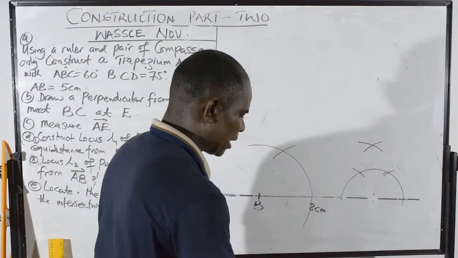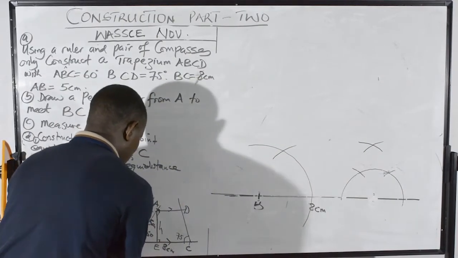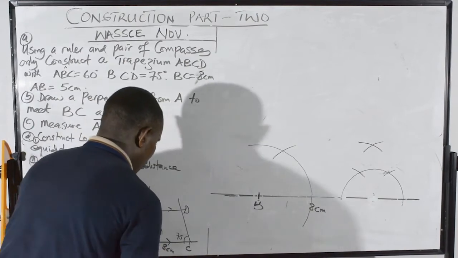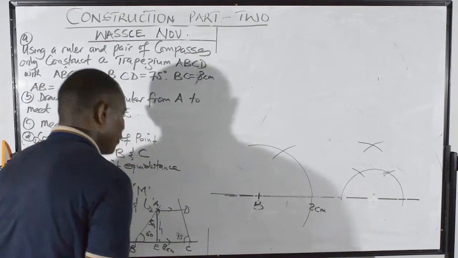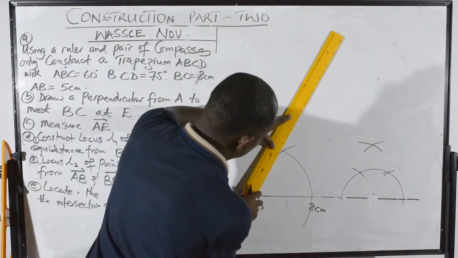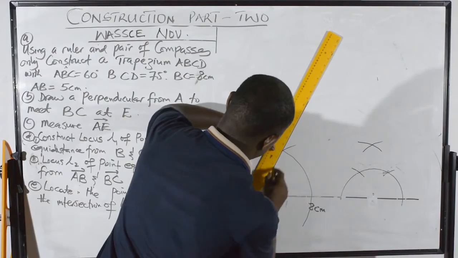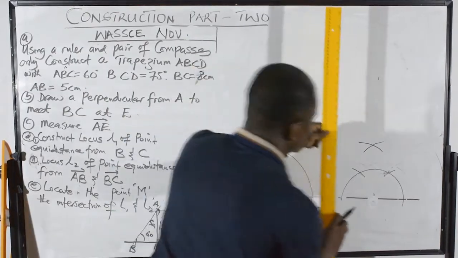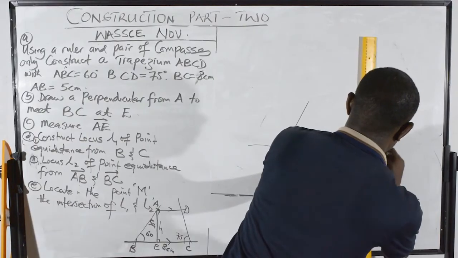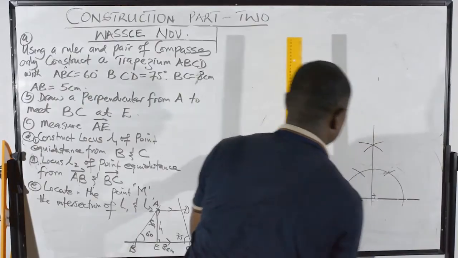So let me get the 90 and the 60 all together first. Then we'll use the 90 to construct our 75. So you watch out. Now we have already got 60 somewhere here. Remember the steps up to 60, how I got the 60. This was 60, and this is the 90. So these are helper lines. I just make them faint like that.